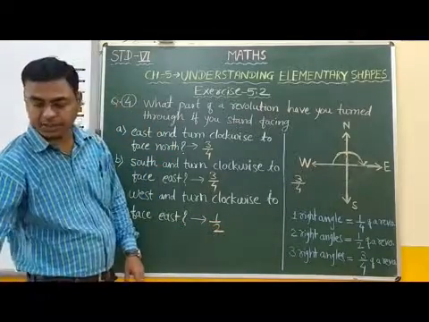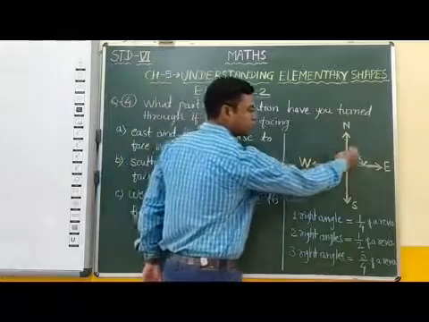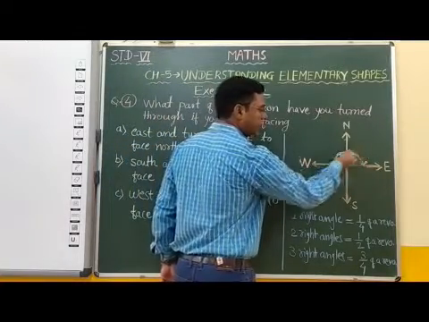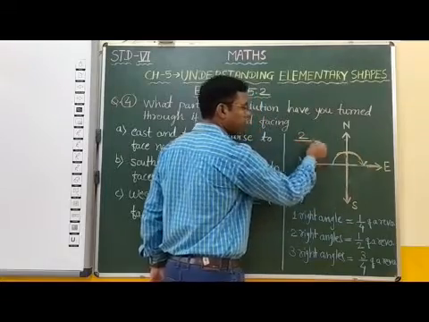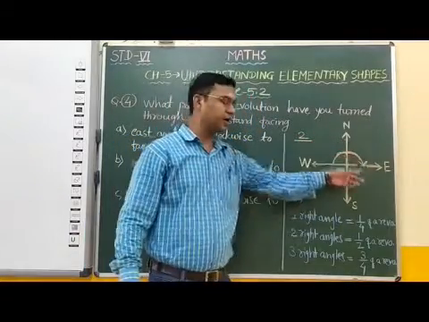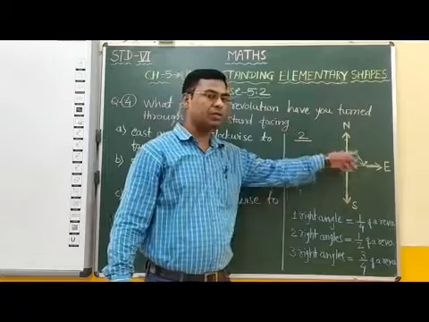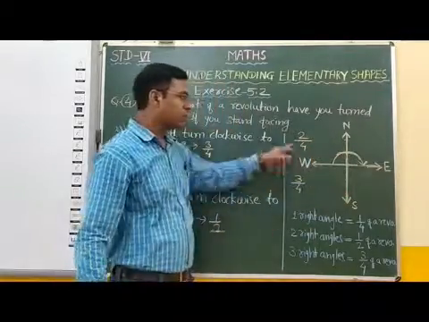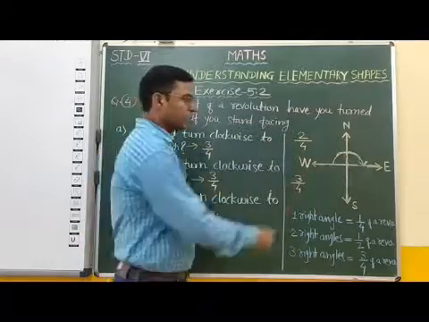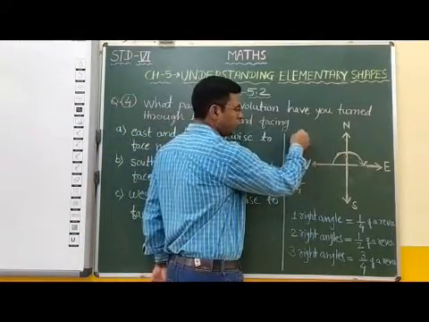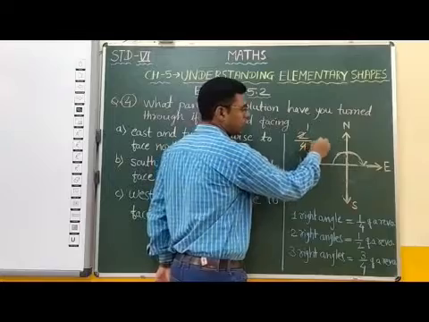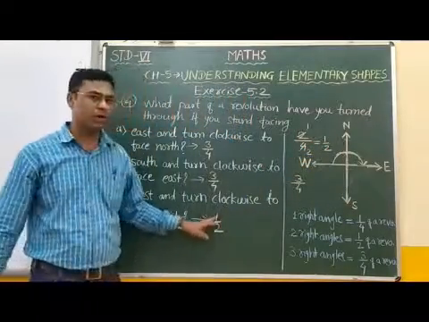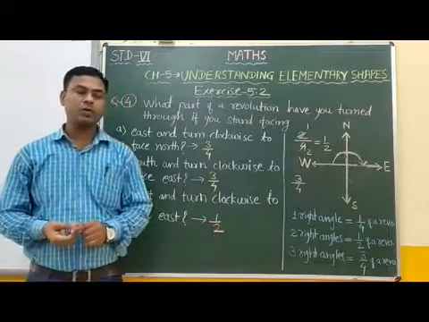Or in another method, during this turn, how many right angles? 1 and 2. Therefore, in the numerator we write 2, and in one complete revolution, in a complete turn, there are 4 right angles. Therefore, the fraction is 2/4. Both are divided by 2. 2 1s are 2, 2 2s are 4, is equal to 1/2. Therefore, the answer is 1/2. I hope it is clear to you.